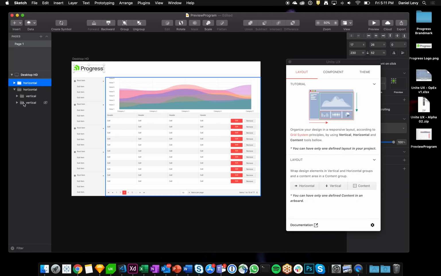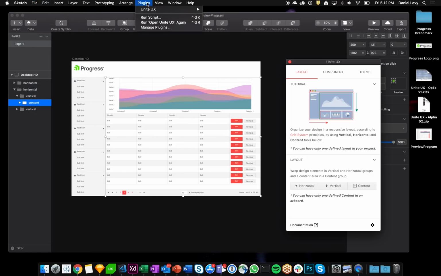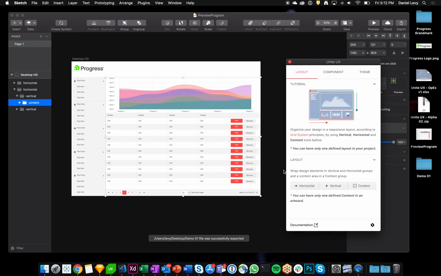The last thing we need to do before we export this to our MetaBridge format is to select the area that we want to define as our content area. To do that, we choose this middle area, which will be the content, and the navigation and logo will be part of our master template. So we'll choose content there. Now that that has been done, we simply save our file, and we use our plugin to export to Unite UX Studio. We'll choose the only screen that we've designed in this particular Sketch file, and we'll export that